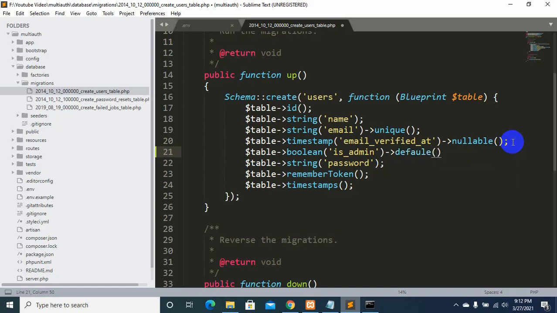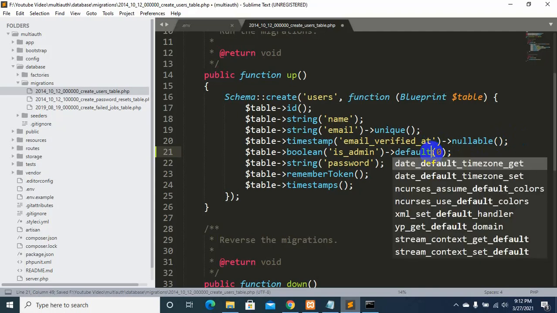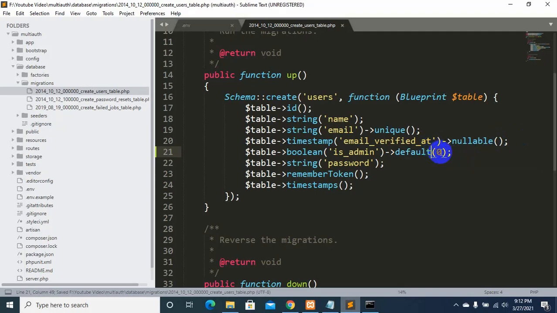Its default value will be 0. Okay, so if the value is 0, then it will take us to the user panel, or user dashboard. Okay, and if the value is on, then it will take us to admin dashboard. Okay, so let's save it, let's close it.